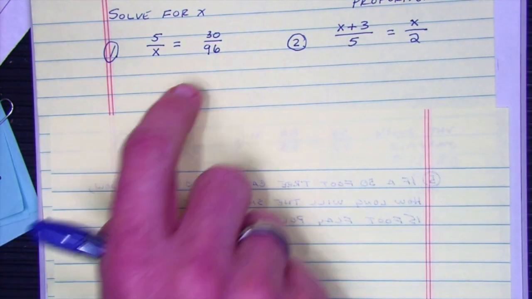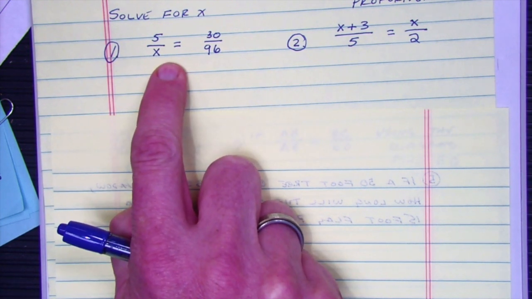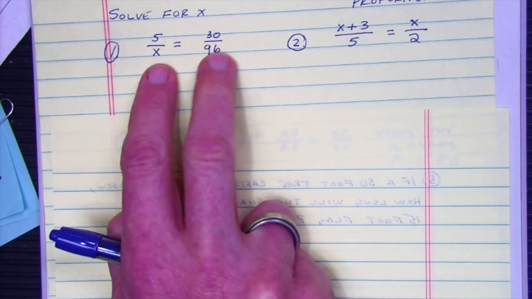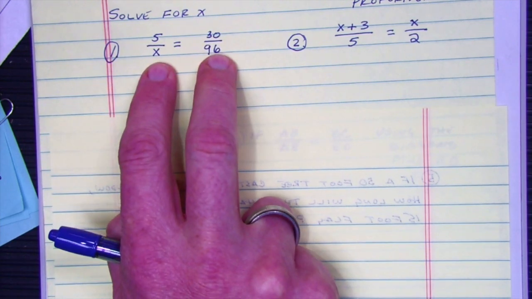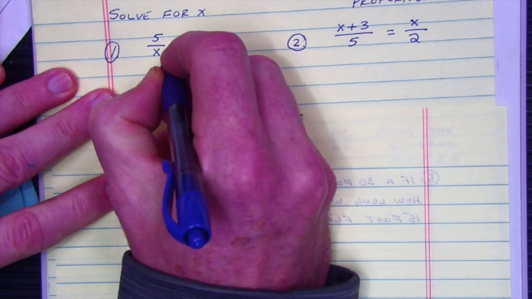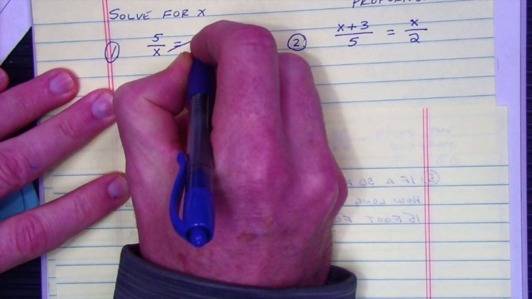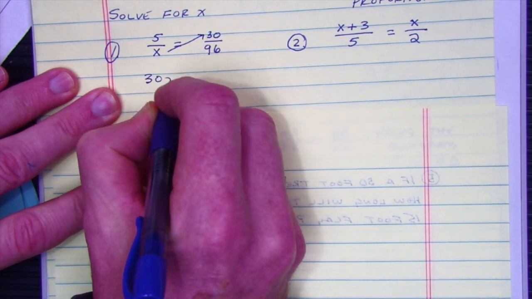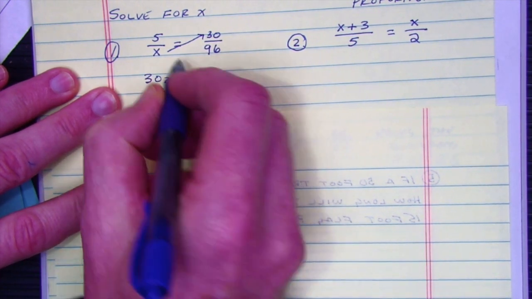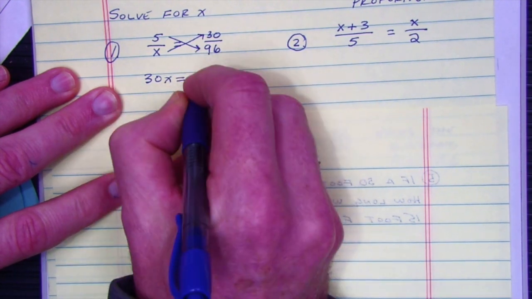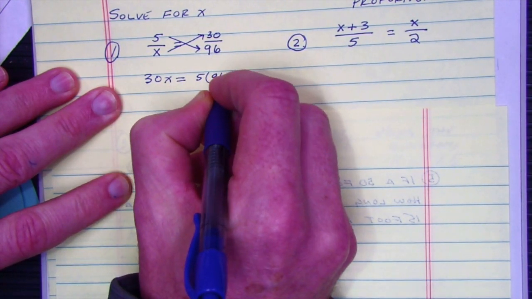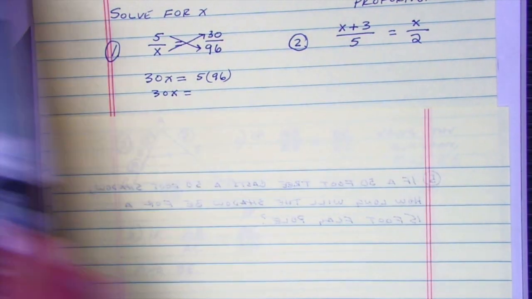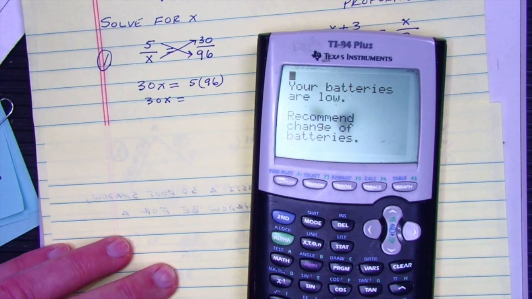And if you remember last time, whenever you have two fractions or ratios equal to each other, so this is actually a proportion, we can cross multiply. So I'm going to go ahead and do that. So I'm going to multiply these two together, and I get x times 30 is 30x is equal to, I'm going to multiply the other two together, I do 5 times 96. Okay, so I get 30x is equal to, and when I multiply 5 times 96,